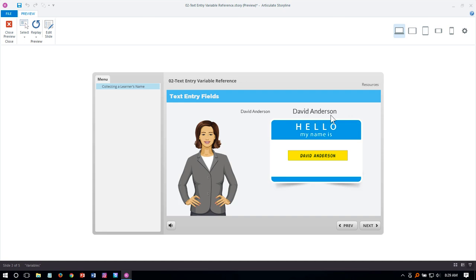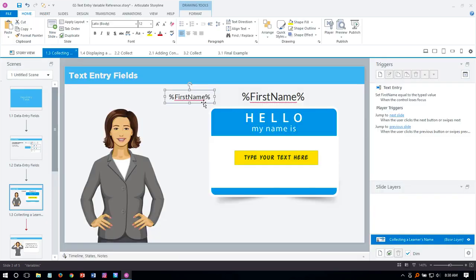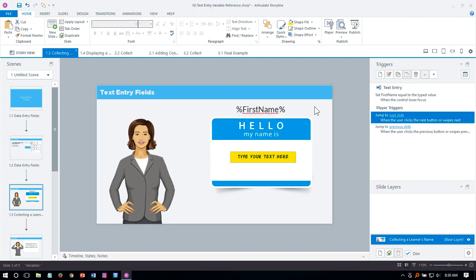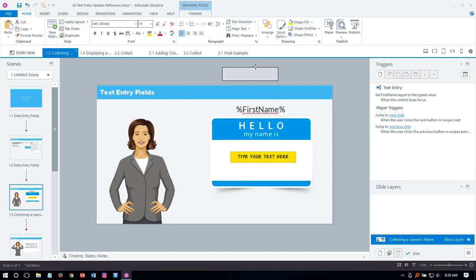So I don't need this on this slide for me as a developer, but I will use that variable reference in context to personalize my course for the learner. So here's what that would look like. I don't need 2 of these, so just delete that. I'm going to leave this on the slide just because it helps us, but as a course developer, when I was ready to share this with my learners, or publish it, I would do one of 2 things. I would just move it off the slide, get it out of the way, because it kind of interrupts what my design is doing here, or I might leave it on the slide and then just,